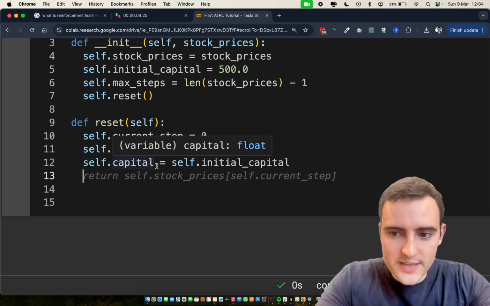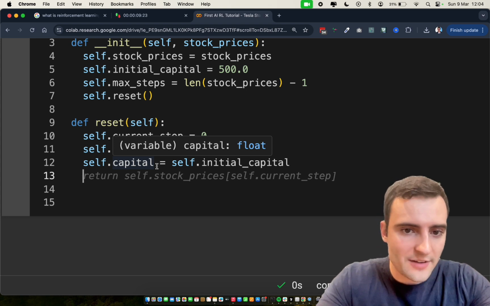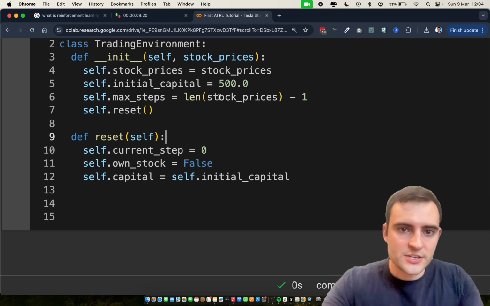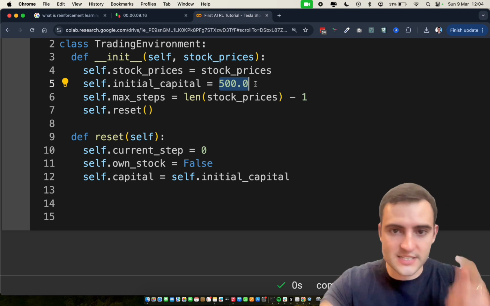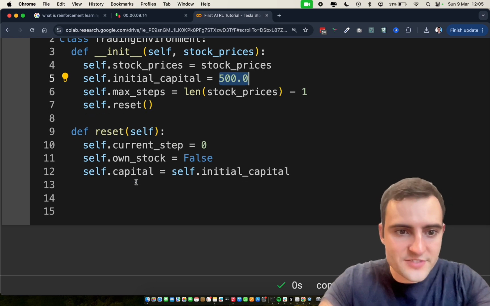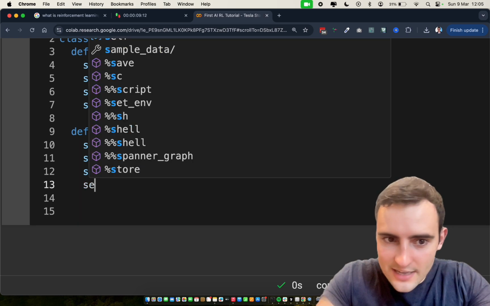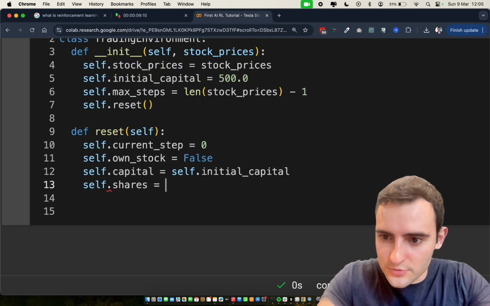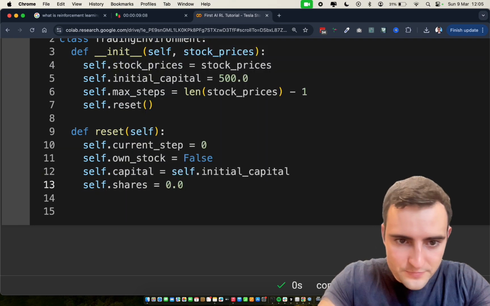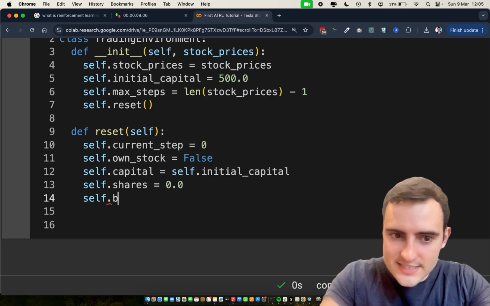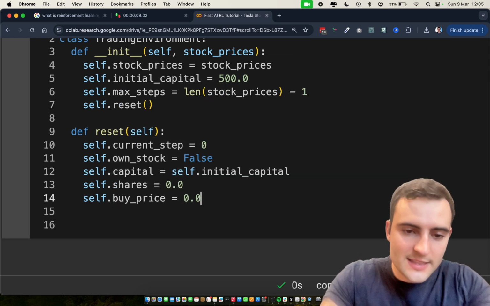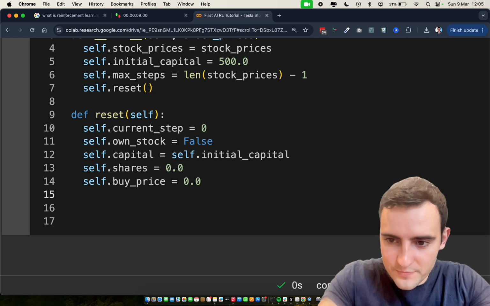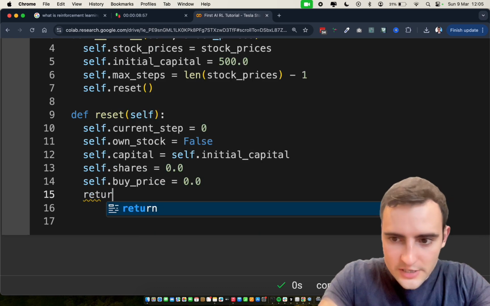Next, we try to say how many shares we have, right? A share is just a stock. So at the beginning, I'll have nothing, but if the algorithm decides to buy some stock, I'll have some left over. So I'll write self.shares equals 0.0. And similarly, we can say buy_price equals 0. So at the beginning, we'll assume the price is 0, and then we'll return the